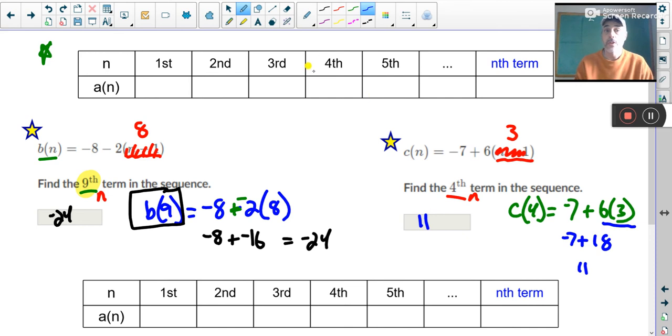Those are two examples. You'll notice I did not use these tables at all. They're there for us to think about the sequences, but in these two problems, the two on the left, it's not,